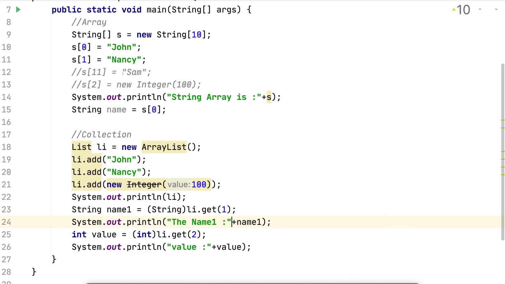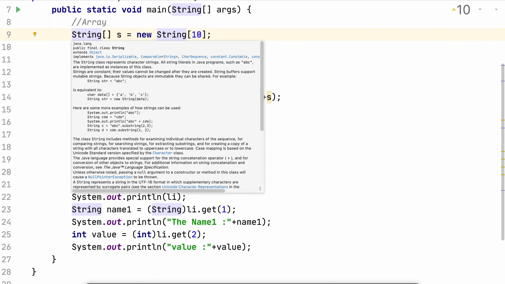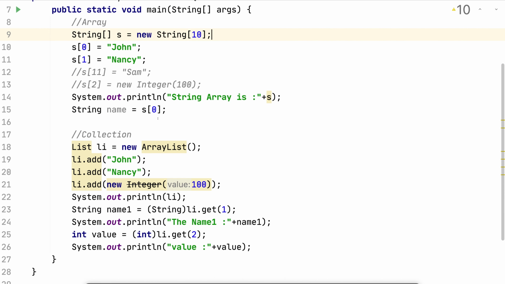So why is an array much faster? Because an array doesn't have to typecast the data, because it is type safe. The moment I created an array, it knows that it is going to be a string. So it's dedicated for string. You don't have to typecast or provide any type safety, because by default it's type safe. It's a dedicated one. But when it comes to a collection, it's a list. Lists contain any kind of data or any kind of objects. So here we have to